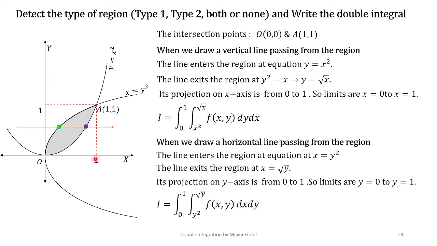This region that we have seen is of type 1 as well as type 2. Remember here that some regions are a combination of both, type 1 as well as type 2. So we saw a type 1 region, we saw a type 2 region, and now we saw two examples where they are type 1 as well as type 2. Either of the integrals will work for such a region. Let me give you one more example on this.